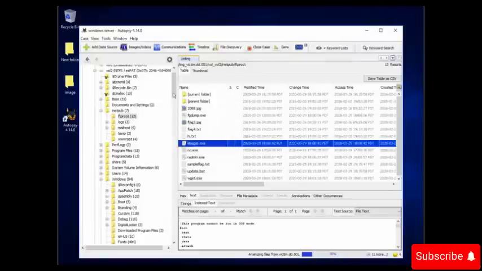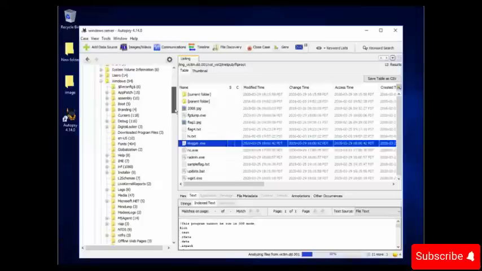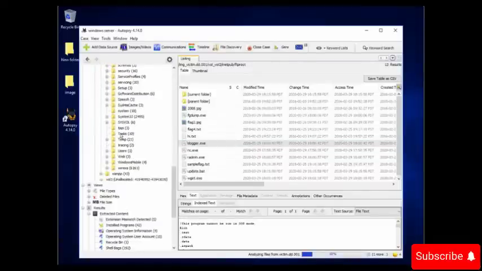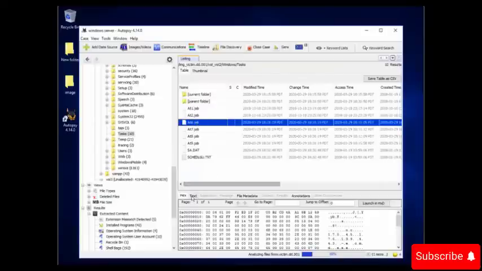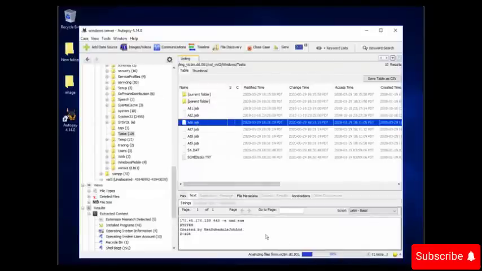Now let's go to the Windows folder again and look for a folder called tasks. Here it is. Now let's have a look at this file. Go to text and read the data, because this is the file which was created on the date when we received a suspicious IP alert or notification. When we open it, you will see it contains cmd.exe. This is the command used to open the command prompt. These are commands and not a file, so we can't upload this file on VirusTotal. So let's see some more evidence.